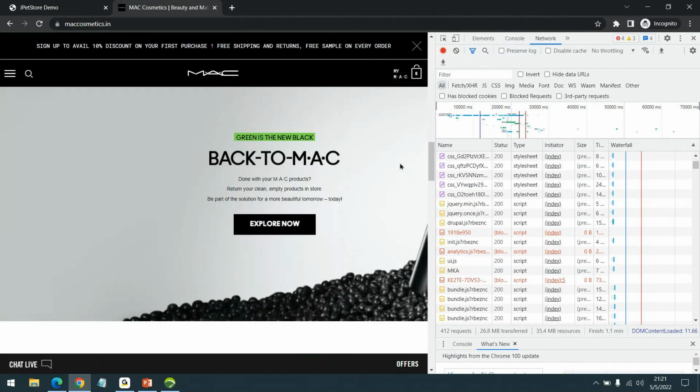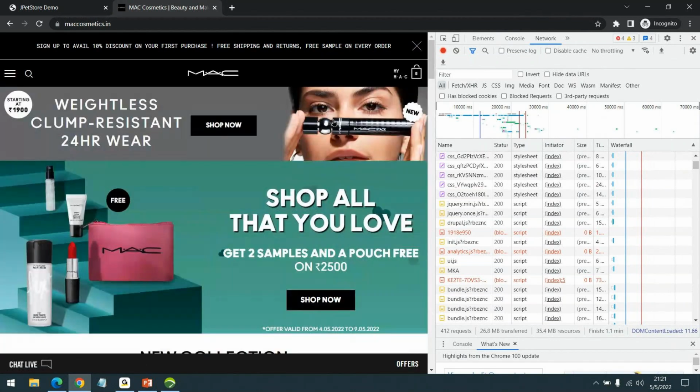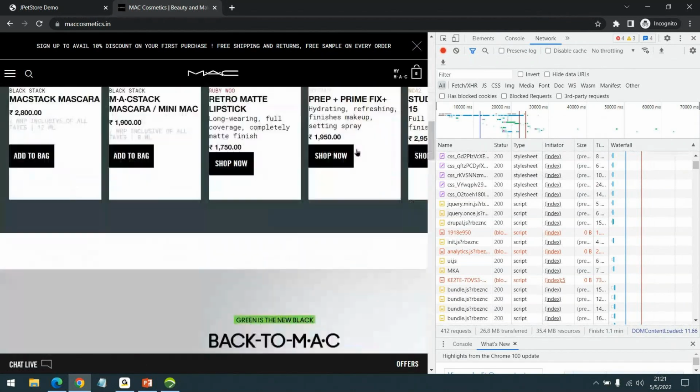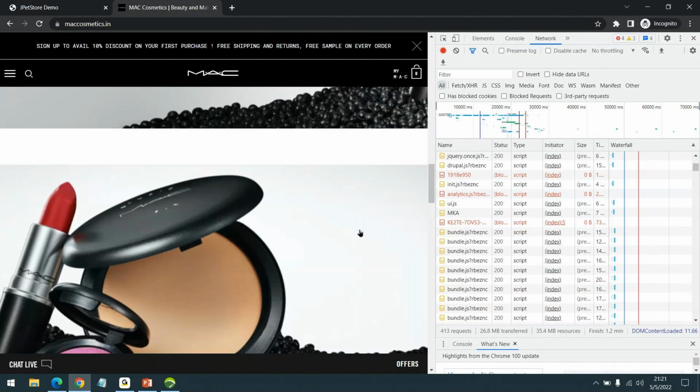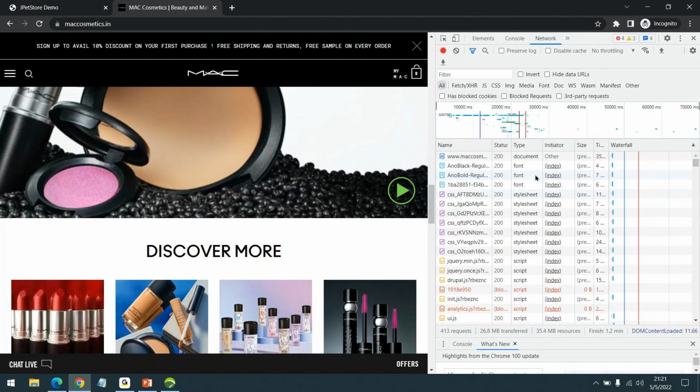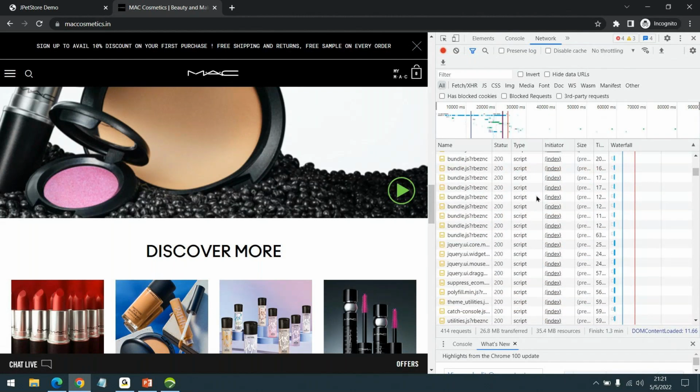As you can see, there are mega navs, banners, and many other things involved. If we look at the backend, there is a document, a lot of style sheets have been downloaded, a lot of scripts, and images.